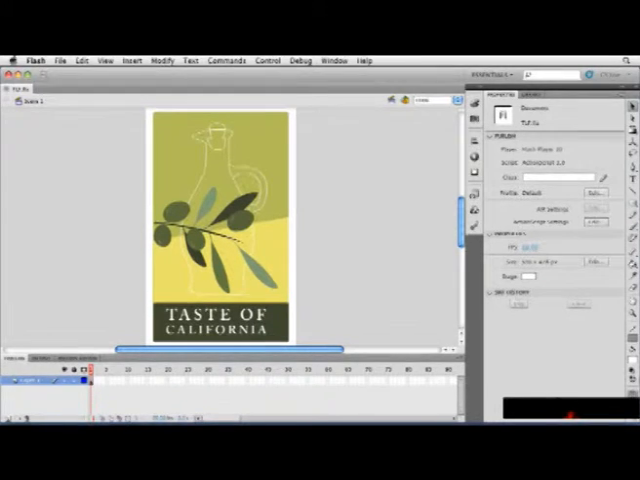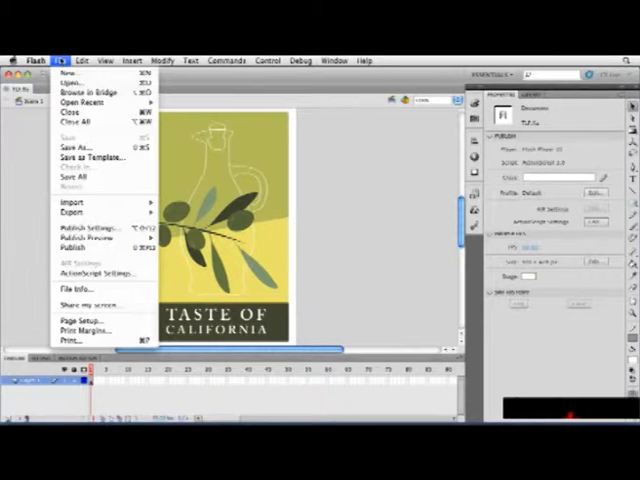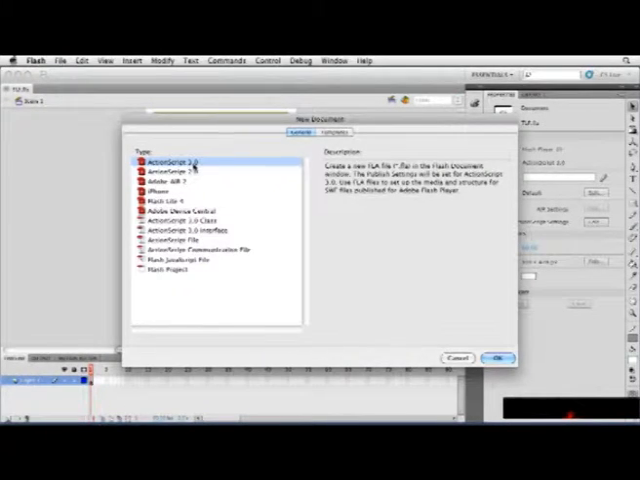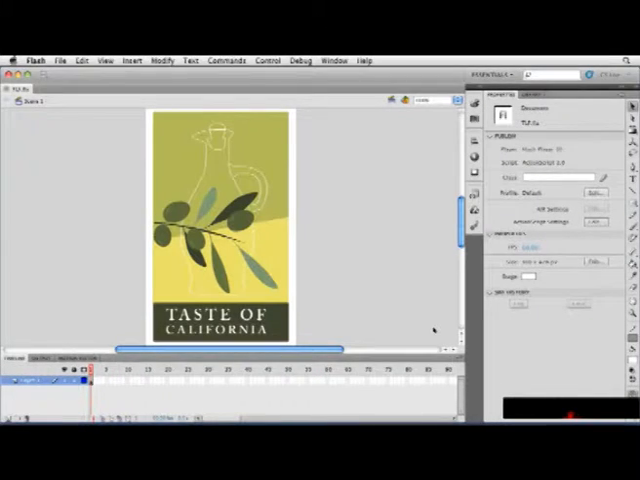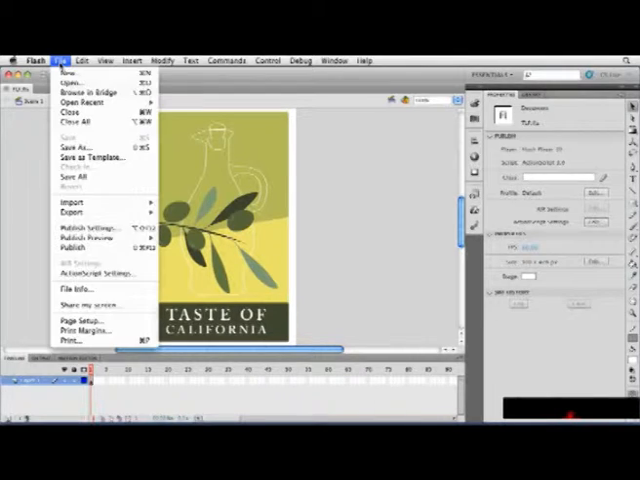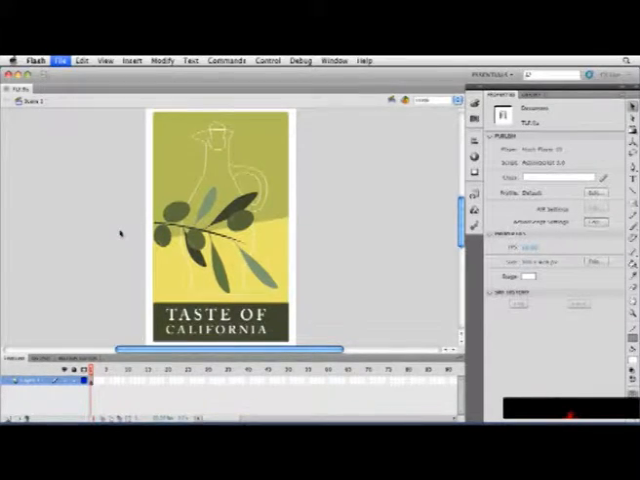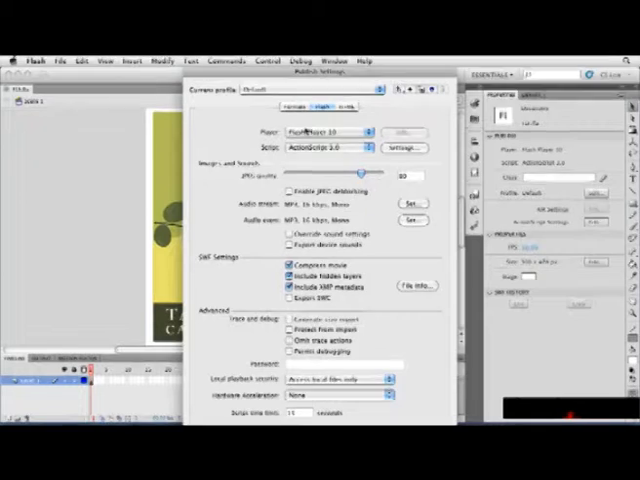When you're using the Text Layout Framework, you need to target Flash Player 10 or above and ActionScript 3.0. You can set this when you create a new document in Flash. So when you go to File, New, you can choose ActionScript 3.0, and that will automatically create a Flash Player 10 file. And if you have another file that's targeted with Flash Player 9, for example, you can change that in your Publish Profile settings. So you can go to File, Publish Settings, go to Flash, and then choose Flash Player 10 for the player. Then when you're done, you can click